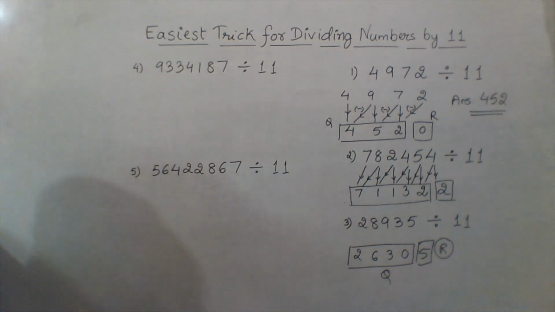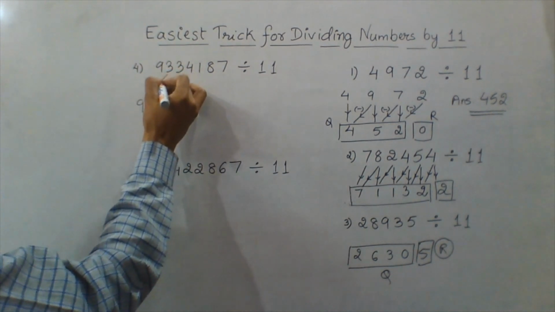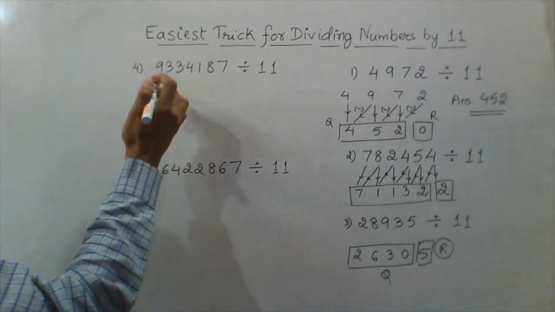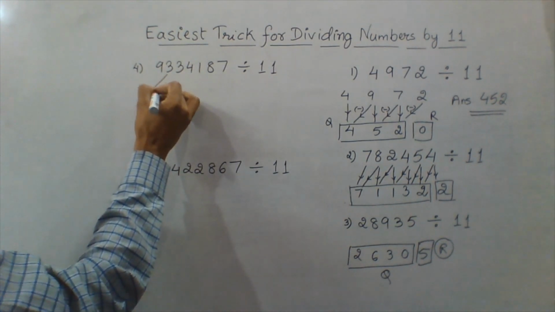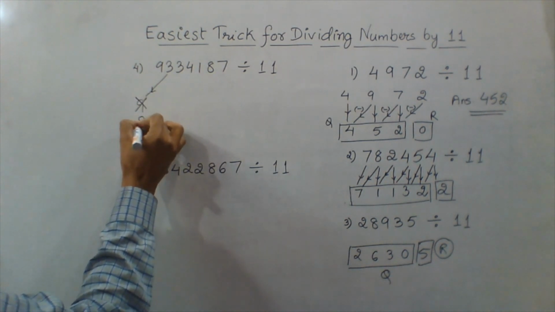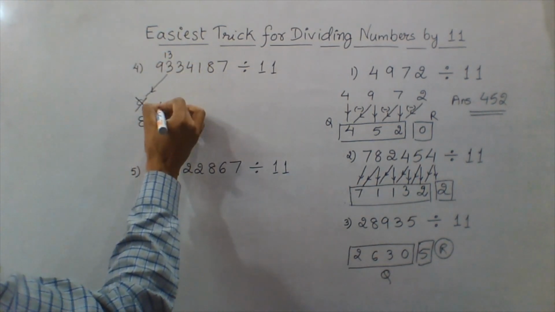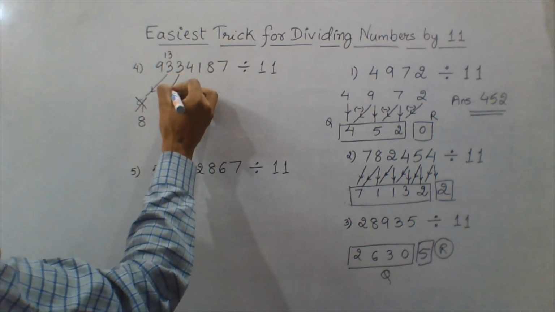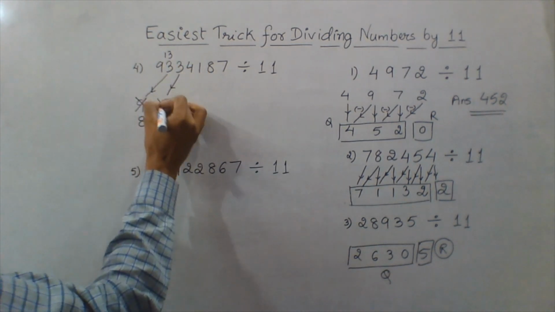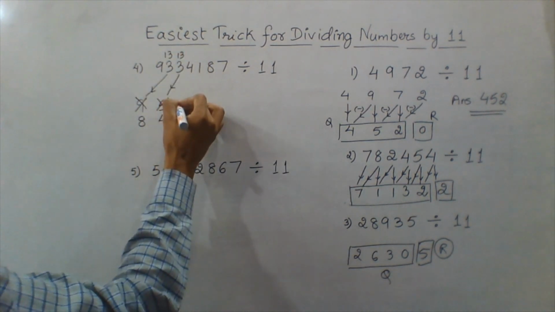Let's see some large numbers here. Now you can see here 9334187. So here 9 comes down as it is. Now when I subtract 3 and 9, obviously I'll not be able to do that because 3 is a smaller number and 9 is larger. So what I do is I will carry 1 from here. This will become 8 and this will become 13. So 13 minus 8 gives me 5. And now again, if I have to subtract 3 and 5, this will be negative. So I'll carry 1 from here. This becomes 4 and this becomes 13. So 13 minus 4 is 9.